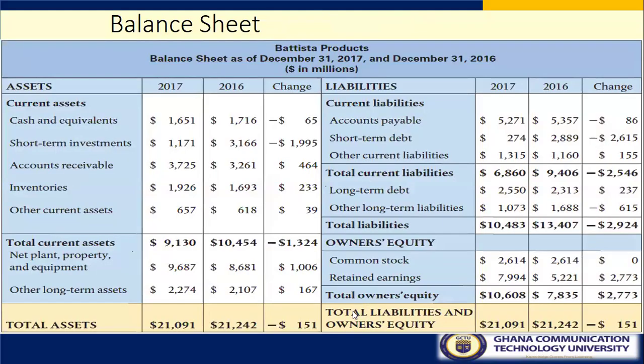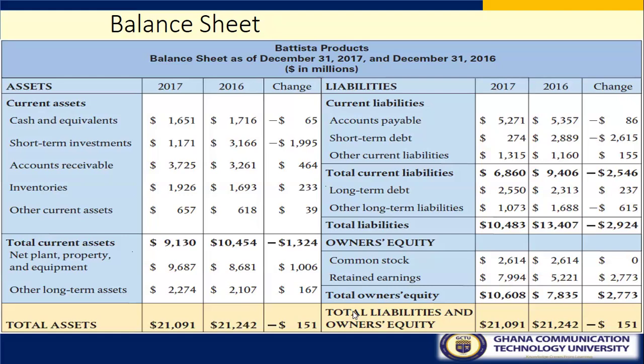Thank you. So this is an example of the balance sheet, the Vista product balance sheet as at 31st December 2017 and December 31st 2016, dollars in millions. So you have the assets, the current assets: cash and equivalent, short-term investment, account receivable, inventories, and other current assets. You add them to get the total current asset. Then come to the non-current assets. We have net plant, property and equipment, other long-term assets. So when you add your current assets to your non-current assets, you get total assets. That for 2017 is